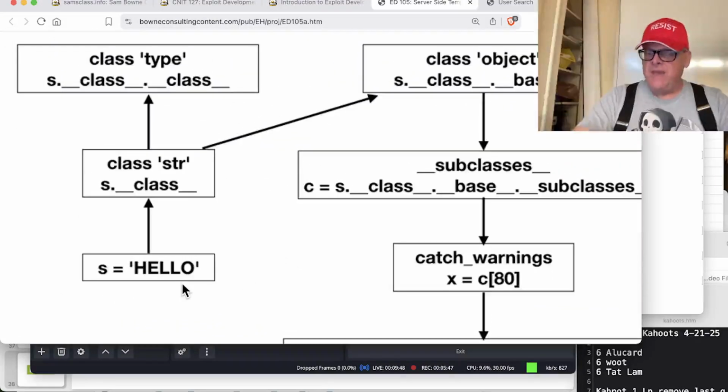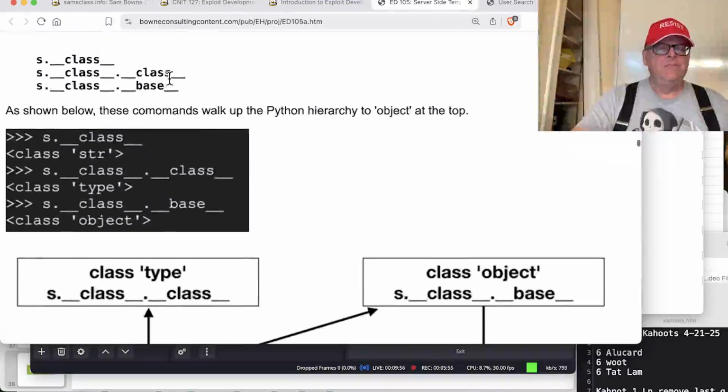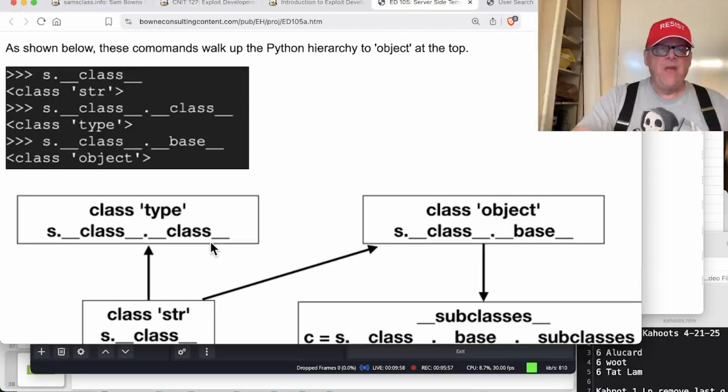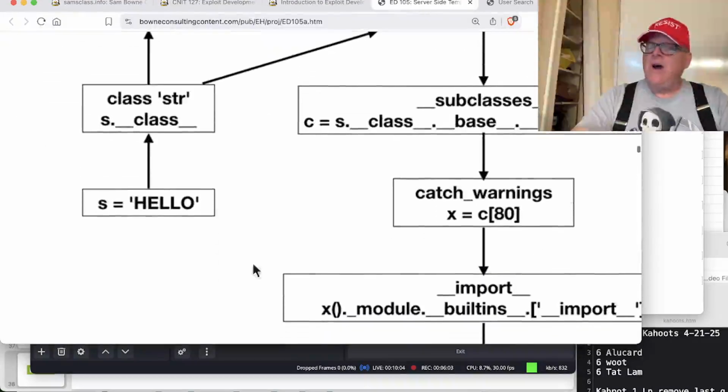I had a string. By doing underscore underscore class underscore underscore, I get up to the class of string. By doing class type, I get type, and by doing class base, I get all the way up to object. So even though I was only supposed to be controlling a string,